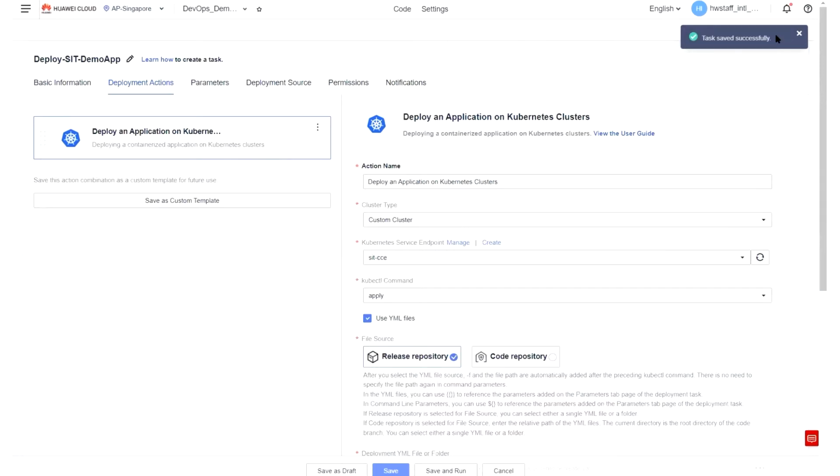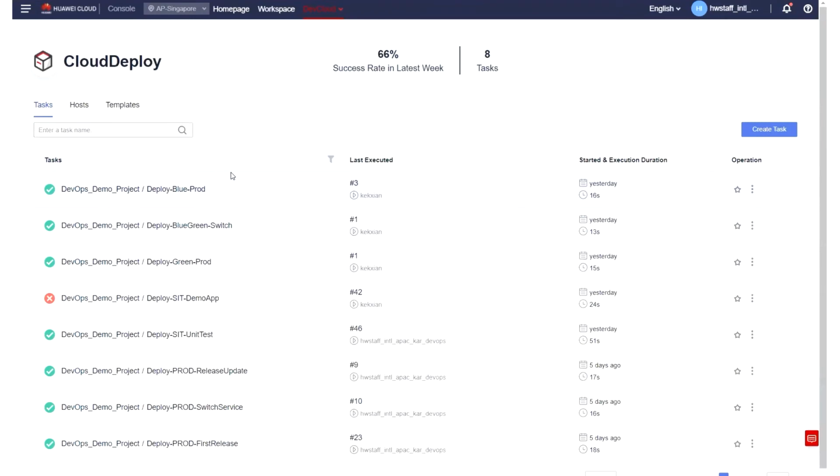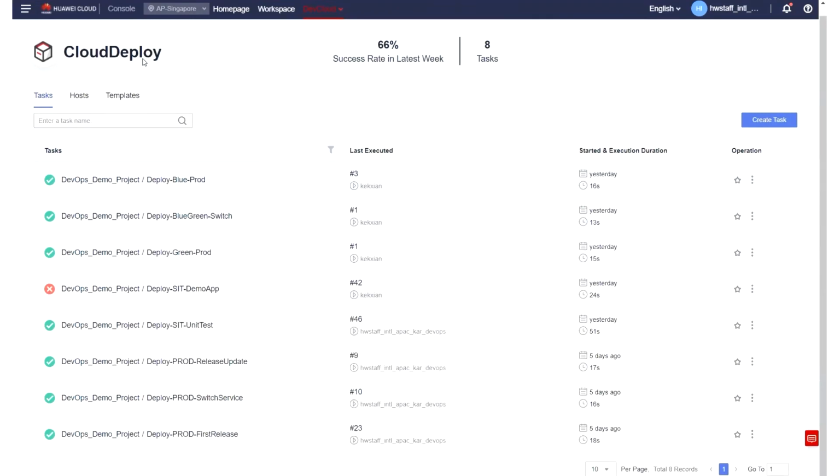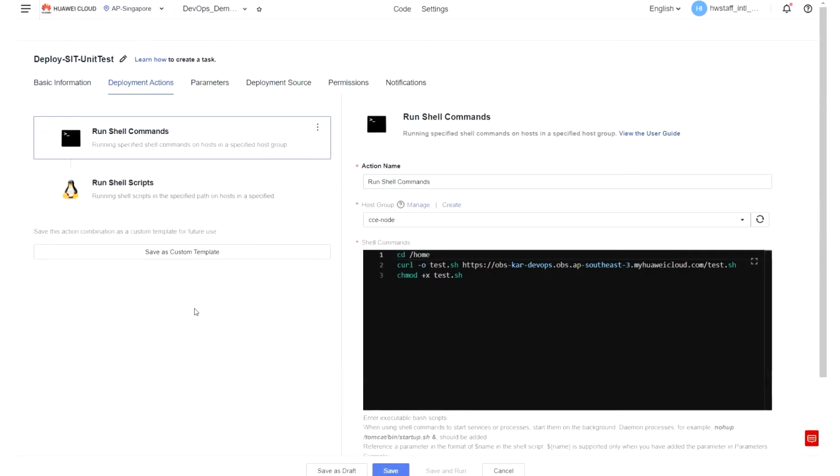After configuring Cloud Build and Cloud Deploy, we need another function, which is for unit testing. Again, you can create another function under Cloud Deploy. Let me open the one that I have created, which is the deploy SIT unit test. You can see here, the deployment actions that I use are run shell commands as well as run shell scripts. So basically what it does is that